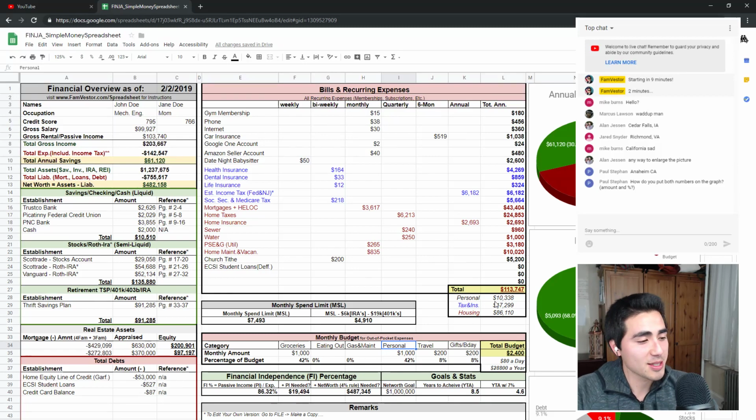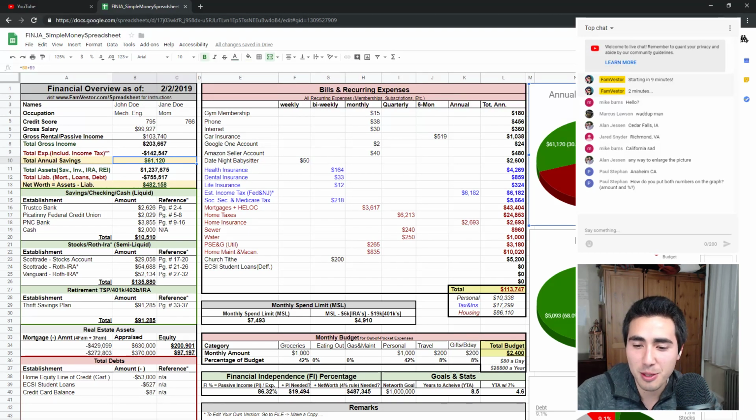Anyway, so the $113,000 number plus the $28,000 number equals your total expense, and after you have your total income and total expense, you have your total annual savings. So we're able to save a pretty good amount, $61,000 a year. And here's a chart that kind of shows it a little better. I mean, 30% isn't great. A lot of super financial independence people are more like 60, 70% savings rate.